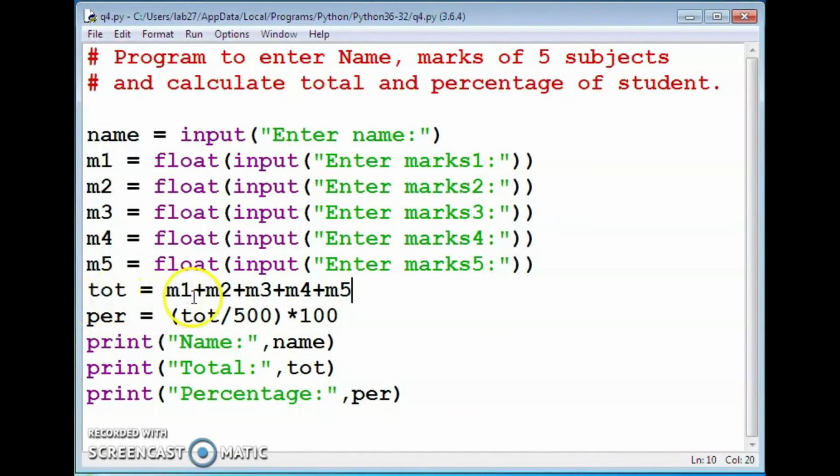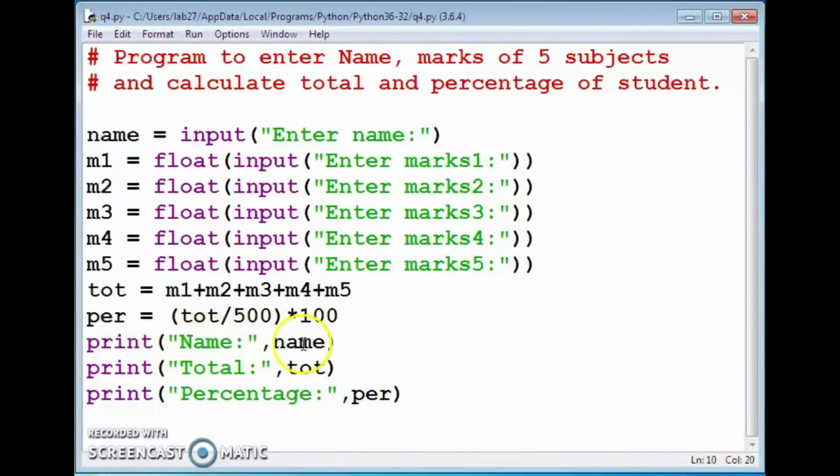Total mark we calculated. Obtained mark, that is total, divided by 500, that is 5 subjects out of 100, into 100. Then we calculated the percentage. That value is stored in this PER variable.